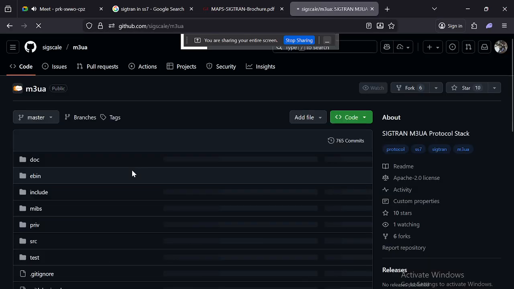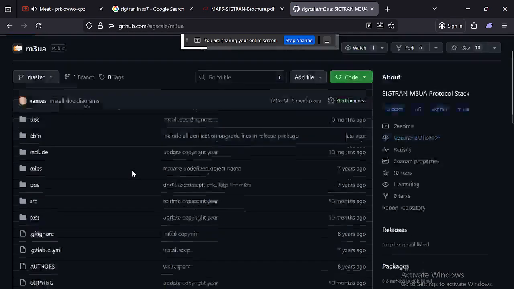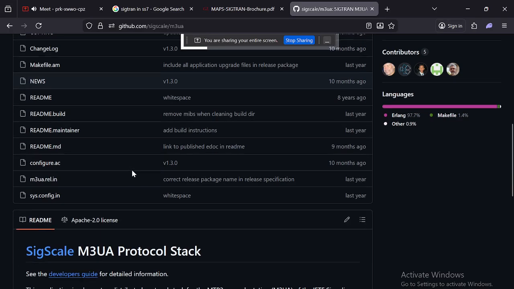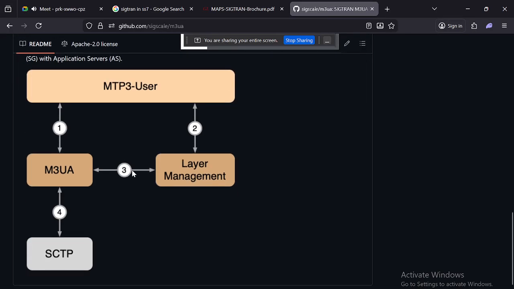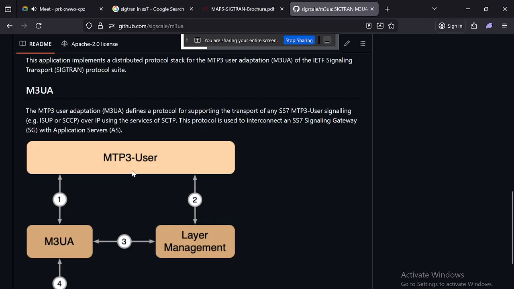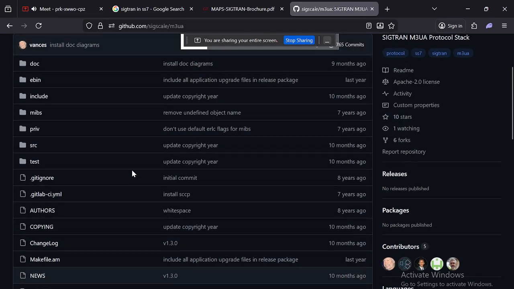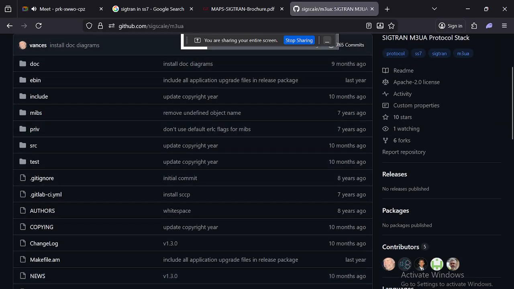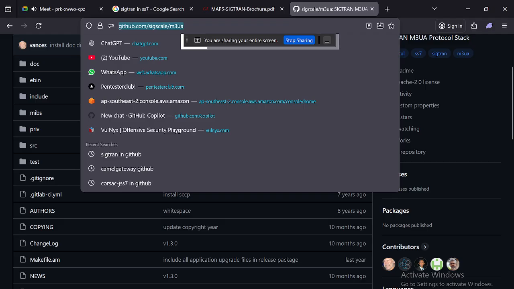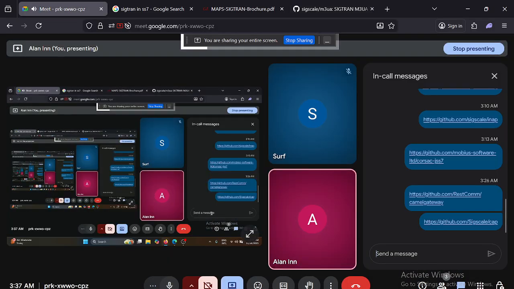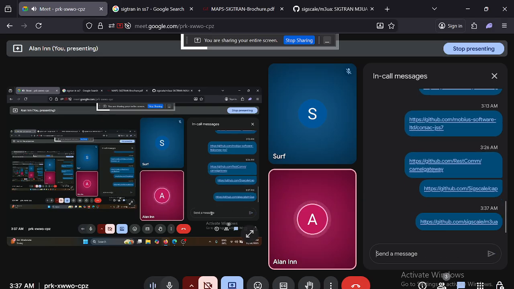M3UA, MTP3 user adaptation with layers. So this I would like to provide you here. That's it. So do you have any doubt here in the SIGTRAN?